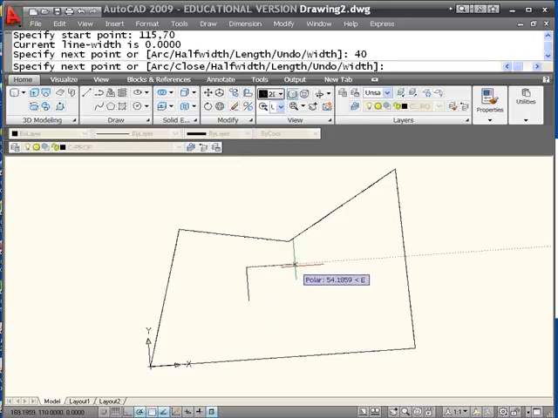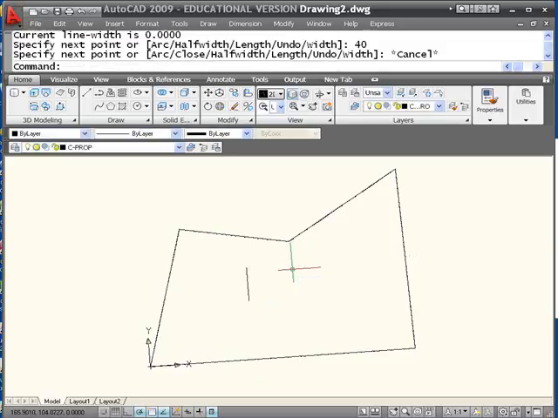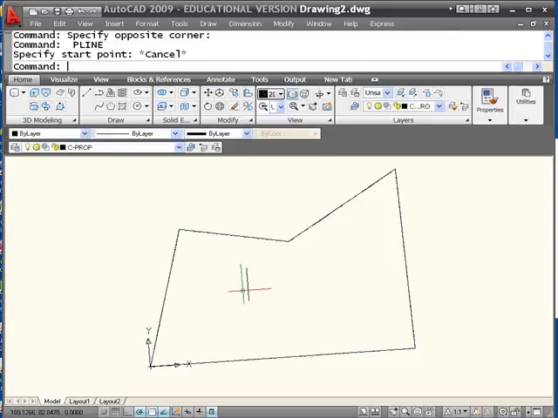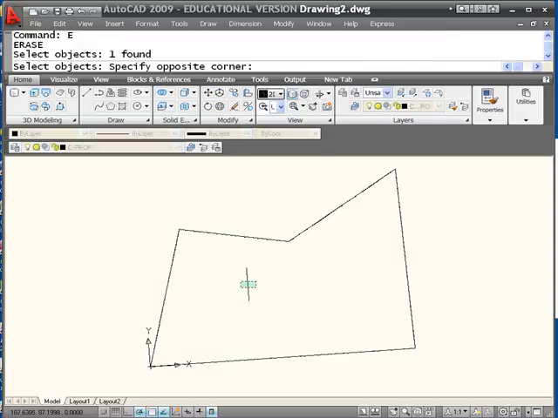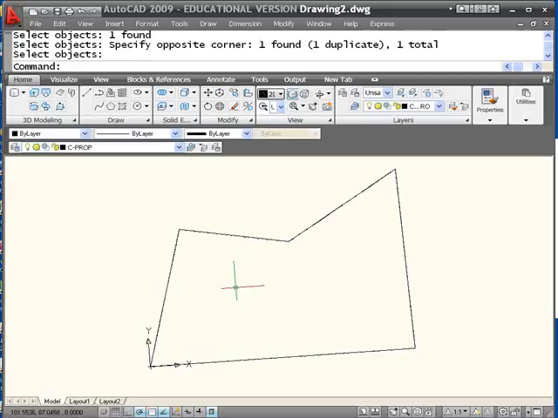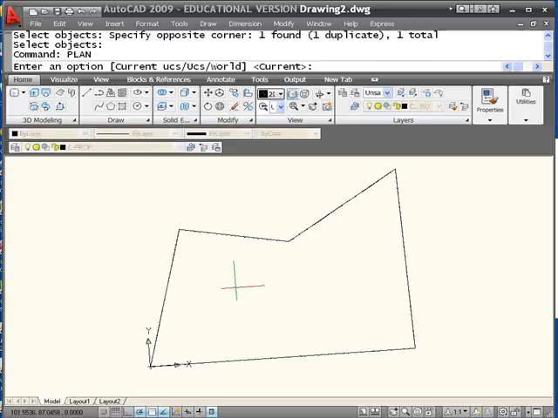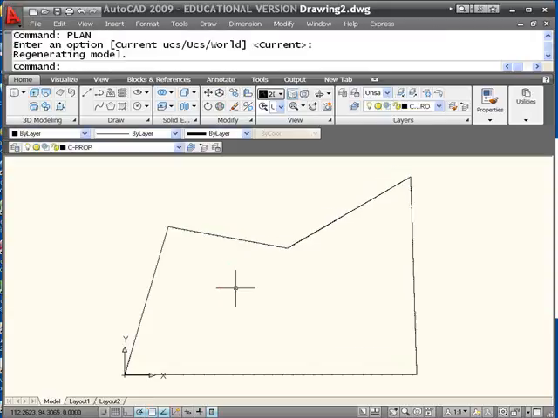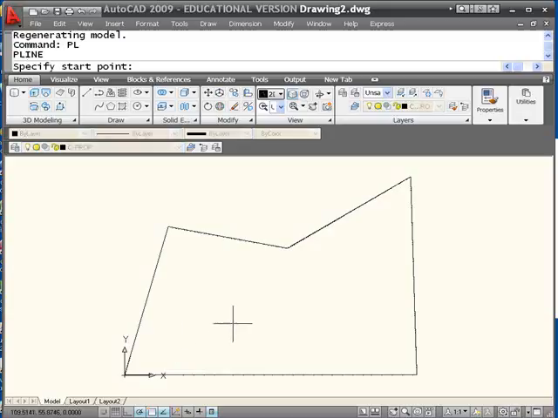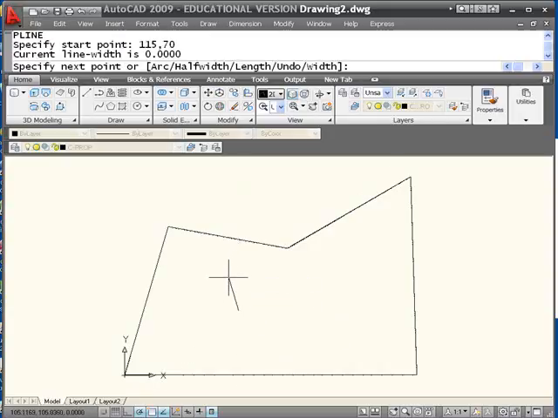Now, if you don't like drawing at an angle, if it feels a little crooked to you, what we can do is erase that, and we'll go back and do it again. What we can do is tell AutoCAD to display the coordinate system on the screen so that it is actually in plan view, and the command for that is plan. If I press enter, the default is the current coordinate system. Press enter one more time. Now my coordinate system has been rotated, but my view of the screen is rotated back so it looks nice and square. Now I've got a situation where I can draw the house as though I'm looking straight at it,